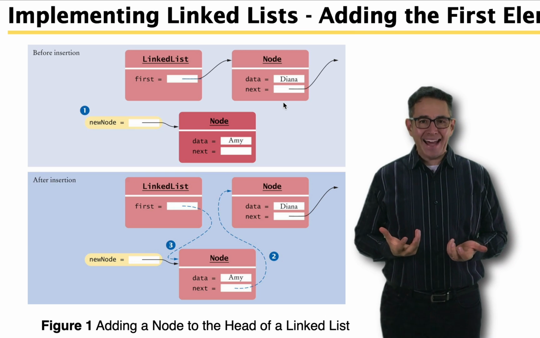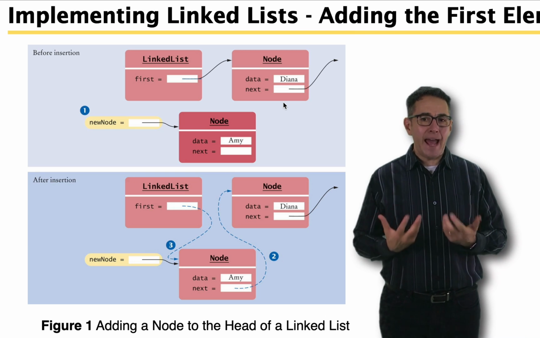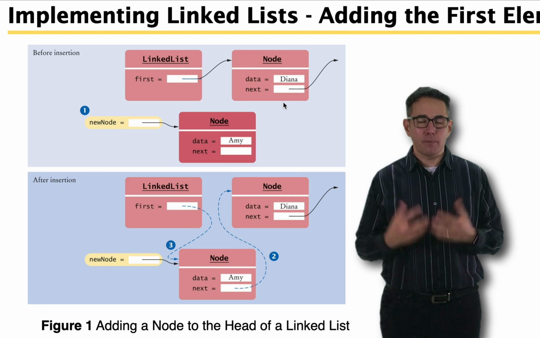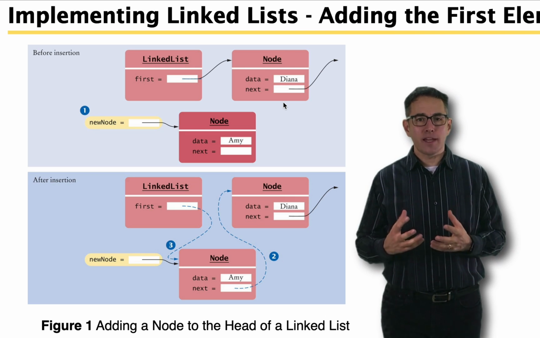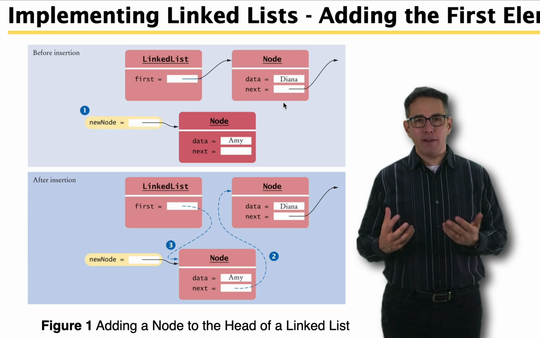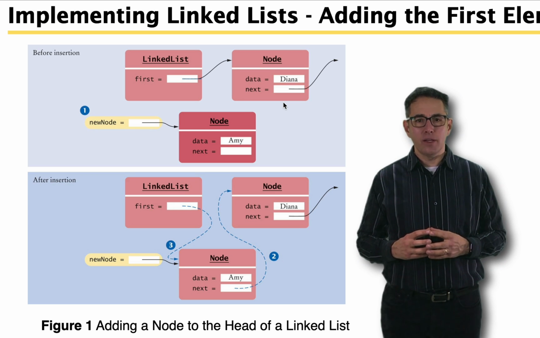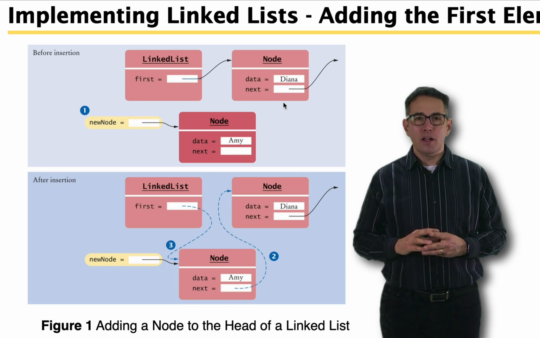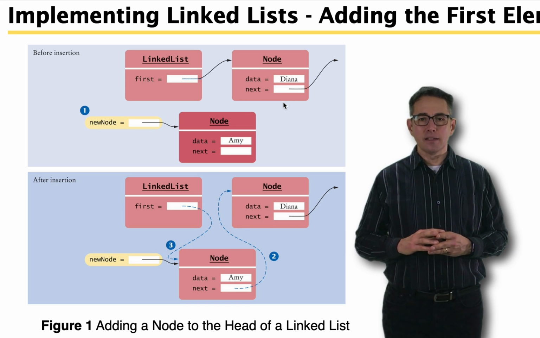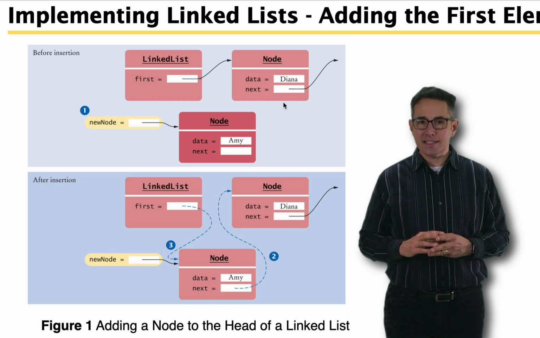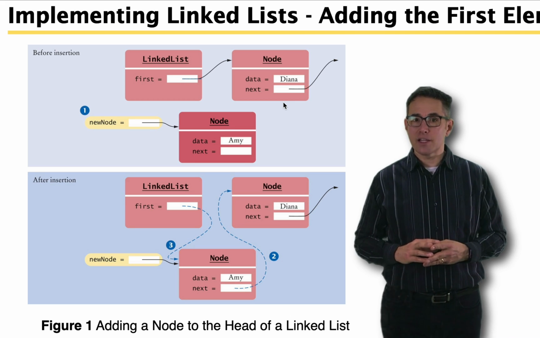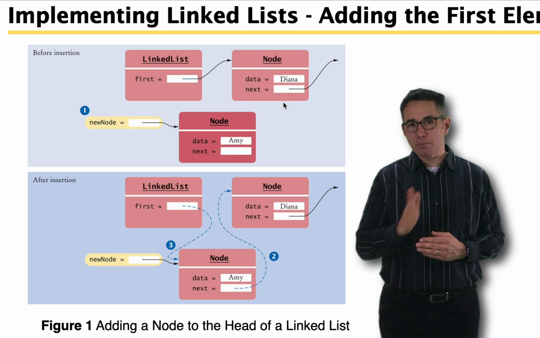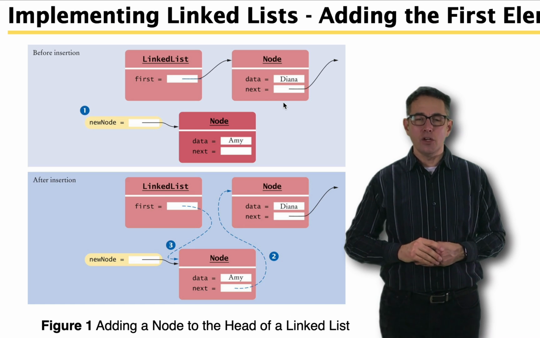When we now want to add something to the beginning of this linked list, what we do is we create that new node, that's the one on the bottom. We have a reference to it locally called new node, and then we do two steps. The first thing that we do is we link our new node's next element to what the linked list previously pointed to as first. And so you can see we're splicing into this chain the new node that we just